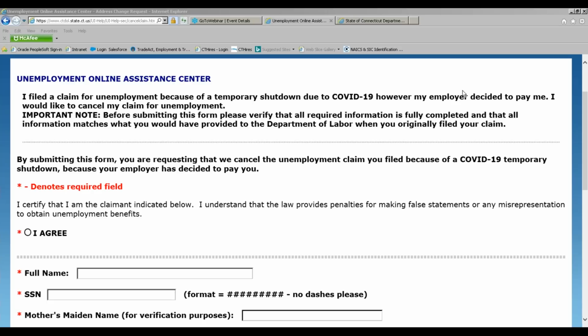Hi, this is Terry. In regards to shared work, we do have extra people working on this program. So as soon as you submit this, within a week or two, you should be looking for a packet coming to the business. You need to complete the documents. Each week you must send in a certification of the employees that are on shared work and their percents. And you want to get that back as soon as possible. It is going faster at this time, so you should hear a response within, I would say, 2 weeks.